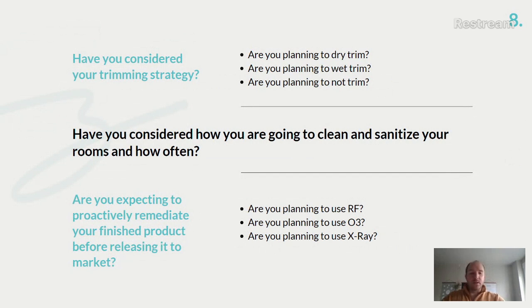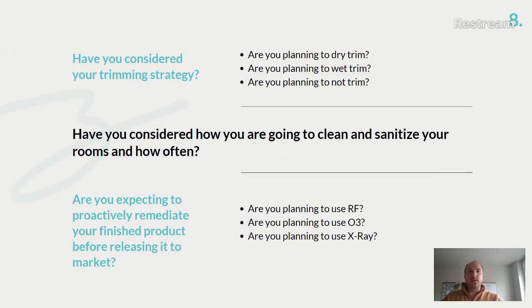This will help us size the equipment if you want to be trimming using some level of automation. A lot of the times people will do a mixture of some automation and some hand trimming. They want to use that marketability of saying that it was hand trimmed and maybe want a little bit higher quality than some perceive automated trimmers can provide. This will help us size the equipment, the number of machines that we need, and ultimately size the trim room, because we need to fit all of that equipment in. We need to make sure it has the right power, the right ventilation, and so on.